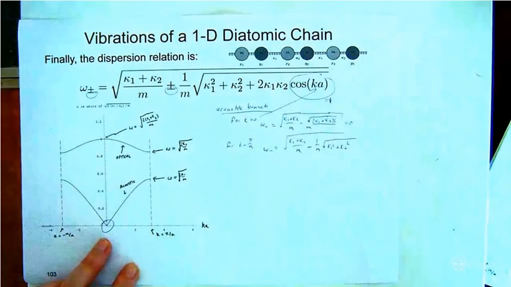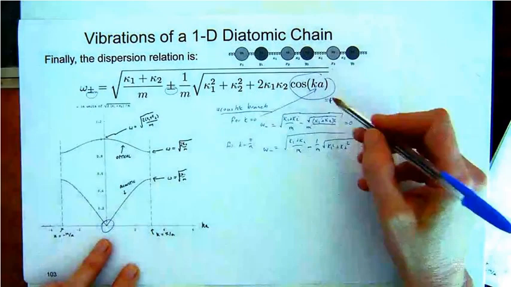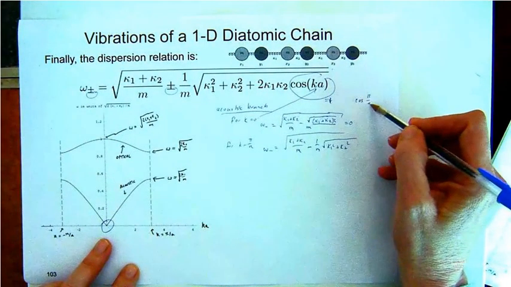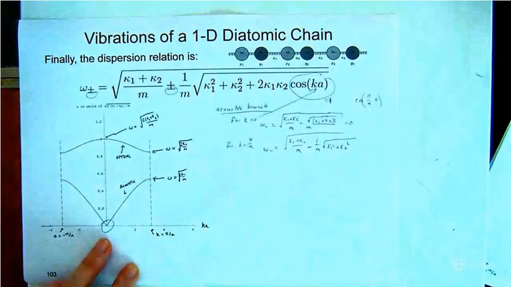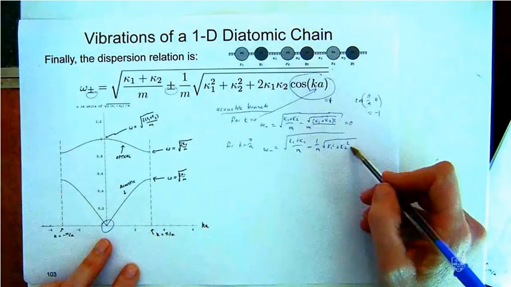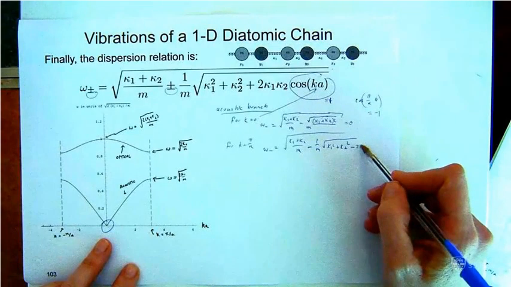And here we put cos of pi on a times a. That will just be minus 1. So we get minus 2 kappa 1 kappa 2,